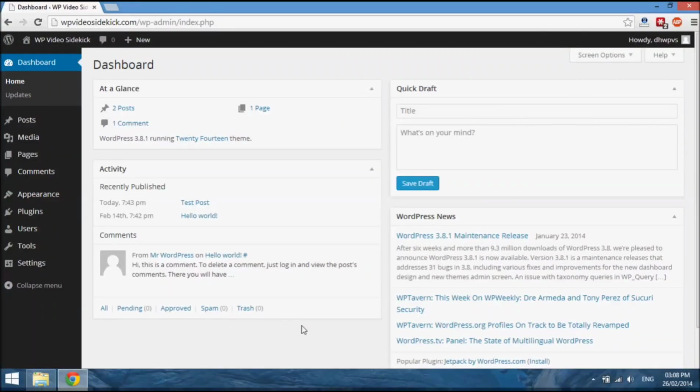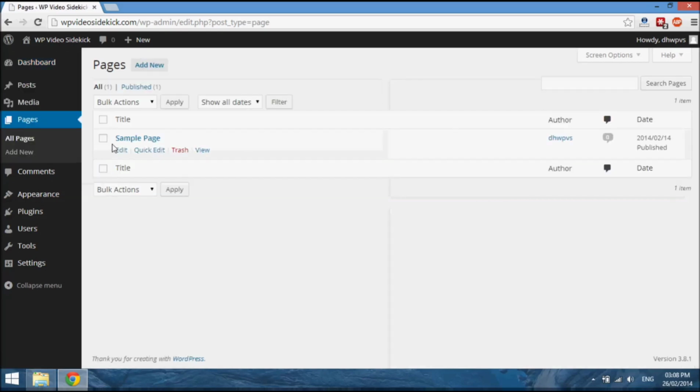The process for creating a page is very similar to creating posts, and to do this we go to Pages, and we will see a list of all our existing pages. A sample page was created during our installation of WordPress, and again, you should trash this page because of course it's there for demonstration, but I won't do that just yet, just so that you can see how pages will be displayed on a website, especially after we create our new page. So to create the new page, we just select Add New,